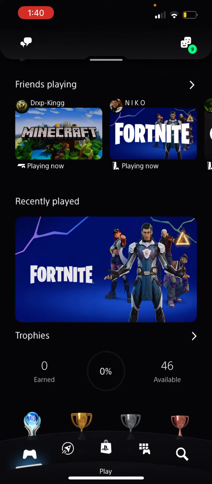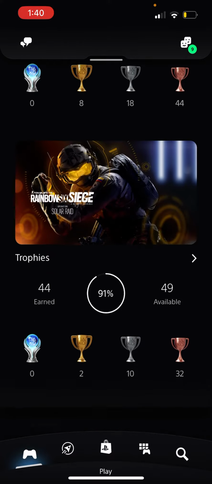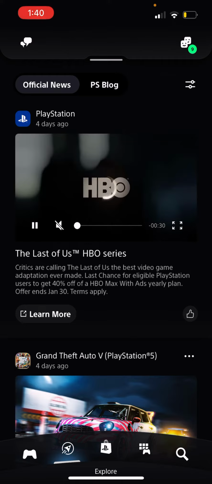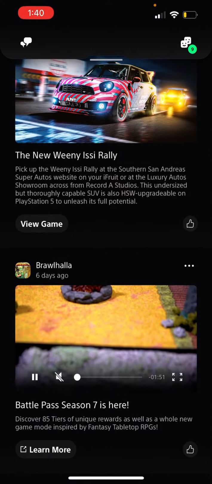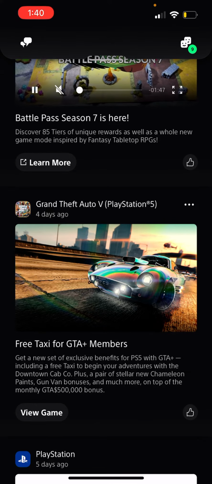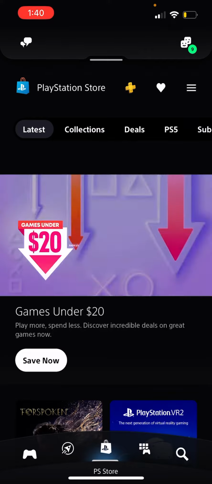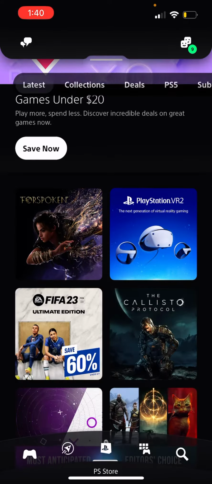And then recently played, you can look at your trophies by scrolling down and the games you're playing. You could explore stuff, so it's like kind of feed. You could scroll, look at updates. And let's go up, and then the bottom middle is the PlayStation Store, where you can get games and look